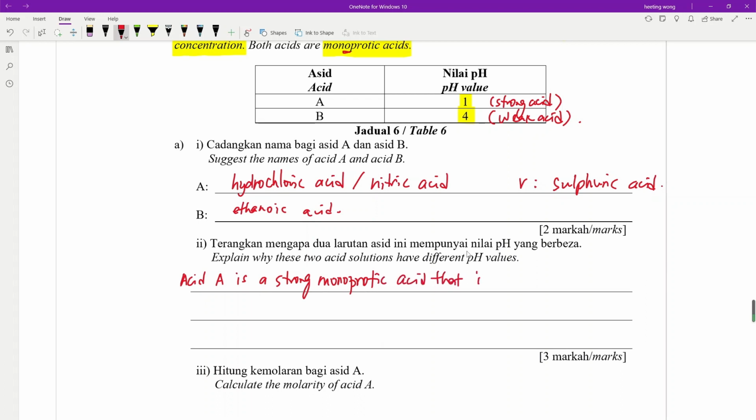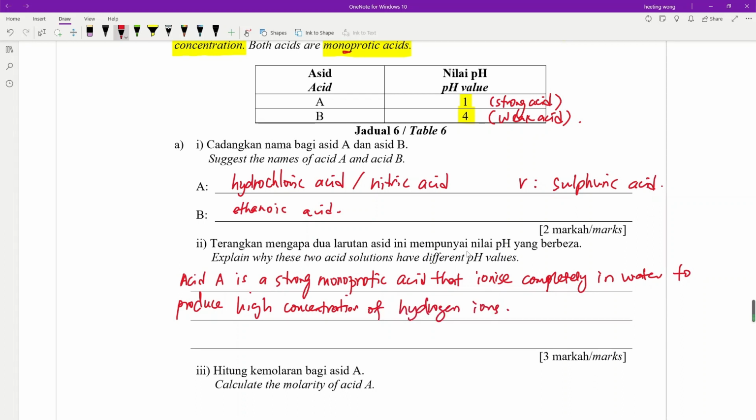That ionize completely in water to produce a high concentration of hydrogen ions. Then acid B. Acid B is a weak acid, that ionize partially. The keyword is ionize partially